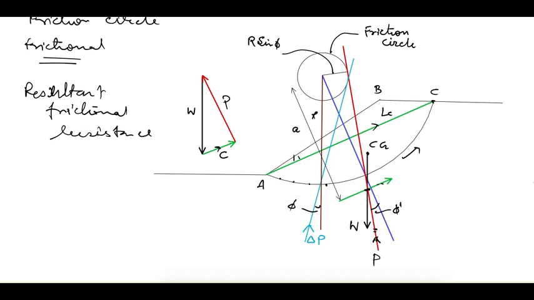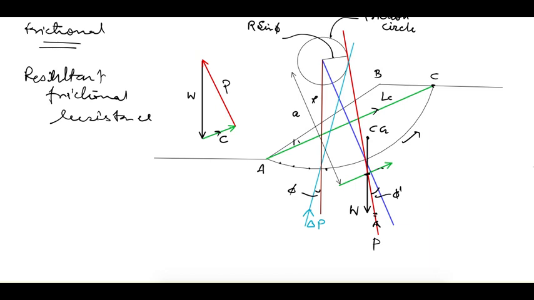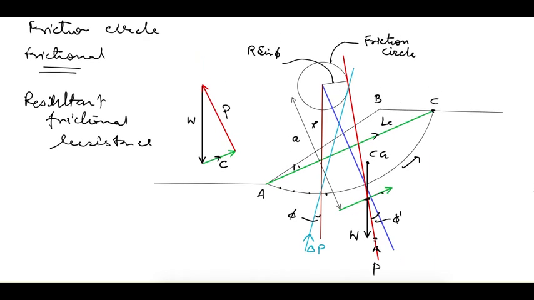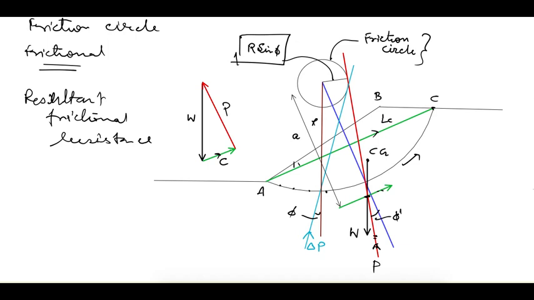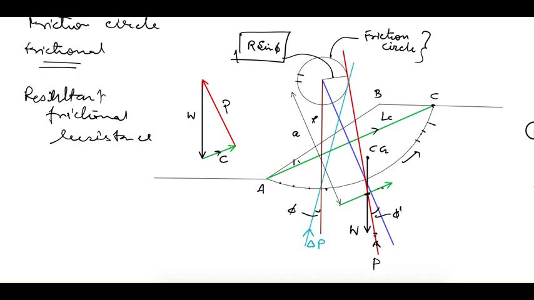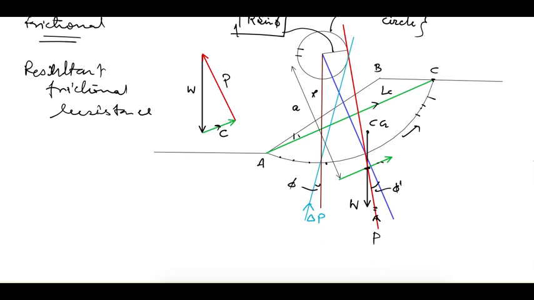Now, according to this method, this line of action of the resultant frictional resistance is tangential to a circle whose radius is r sin phi, and this circle is called the friction circle. And one more property of this circle is that it is concentric with our slip surface, that is, the circle which is making our slip surface is concentric with the friction circle. So that is about the friction circle. More we'll see when we try to find out this frictional resistance.